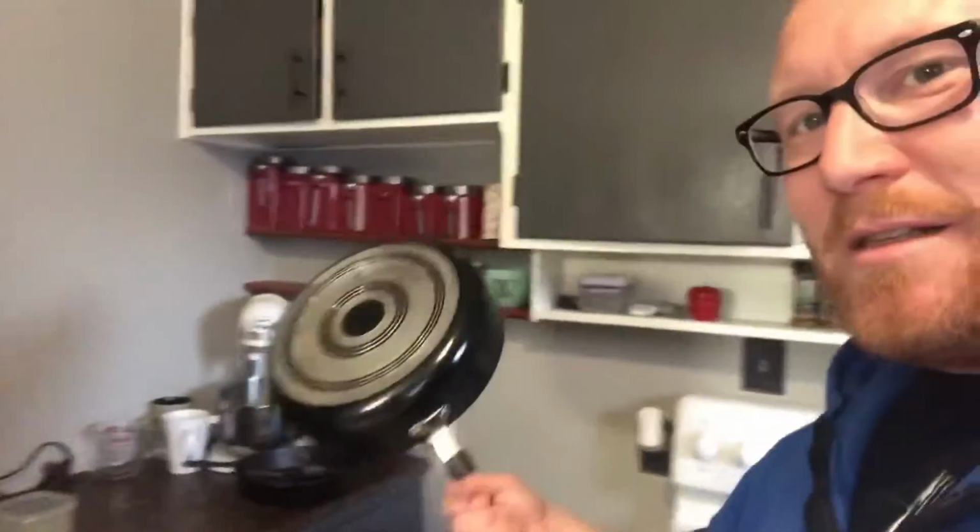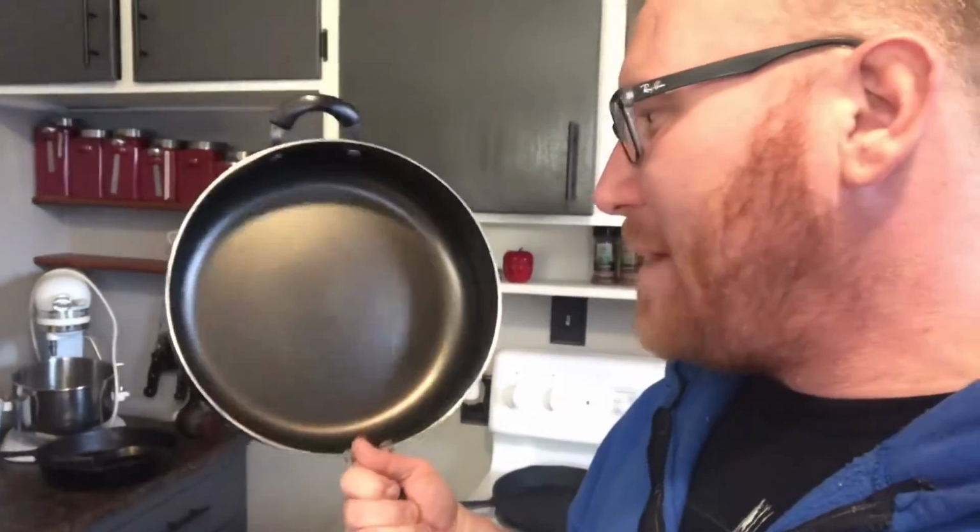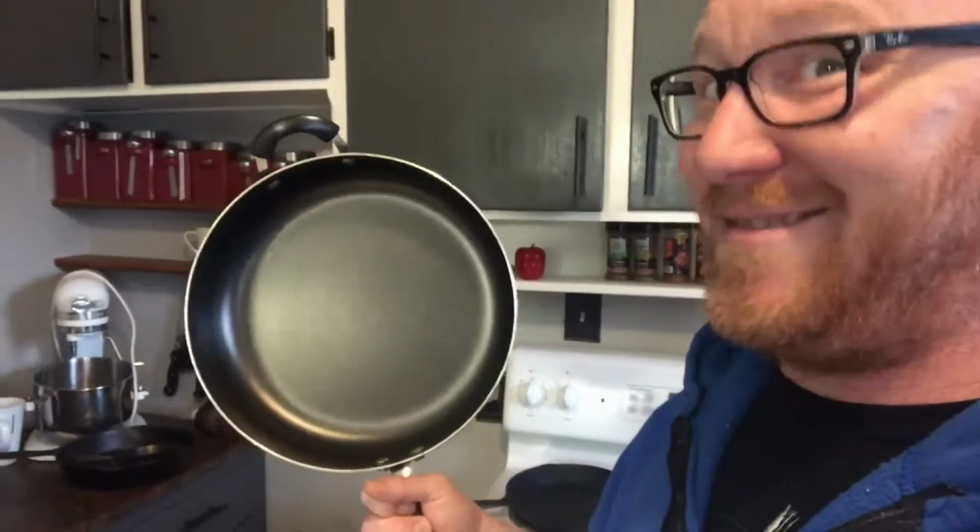I'm going to fry that up actually in a brand new pan. Woo! This thing is huge. Look at it compared to my head. It's a big frying pan. I grew up with a frying pan, actually a little bit bigger than this when I was a kid, and my mom called it her chicken fryer. Yeah. So we're gonna fry up our chicken. We're gonna do fried chicken,